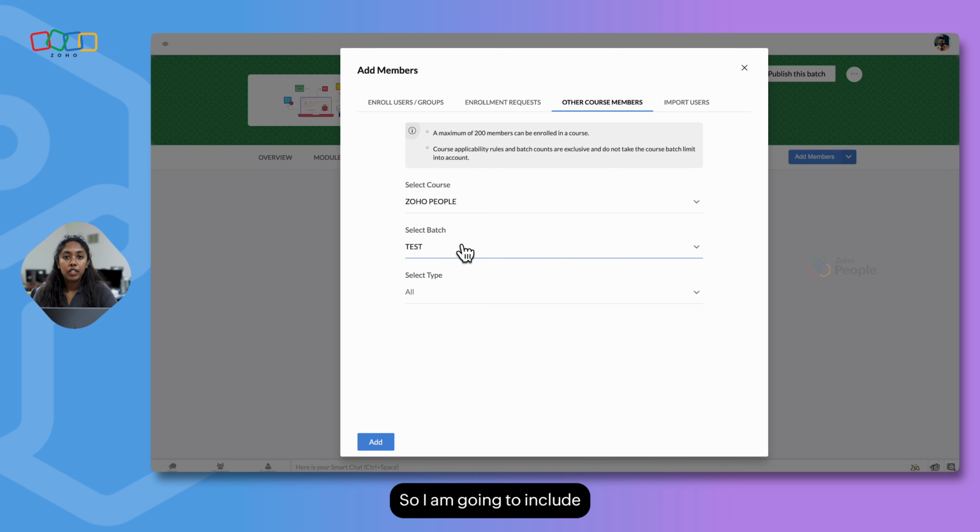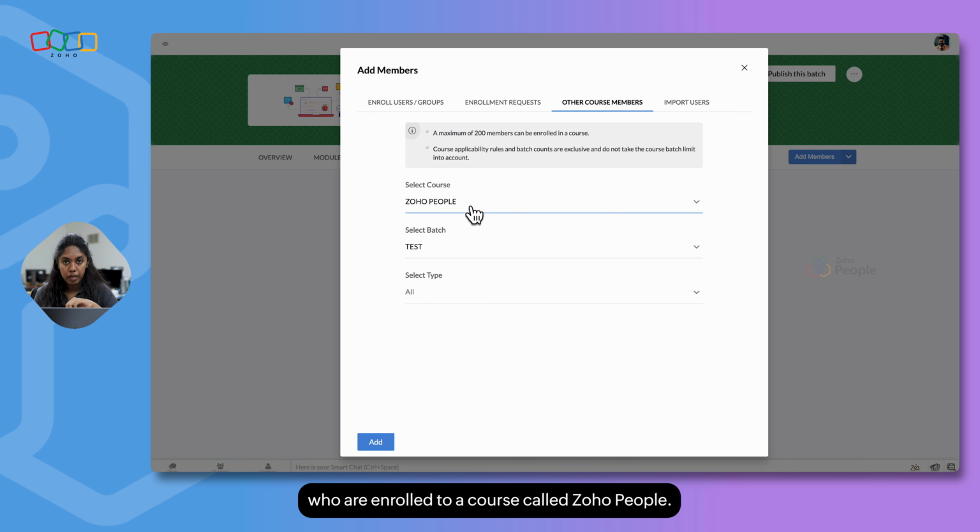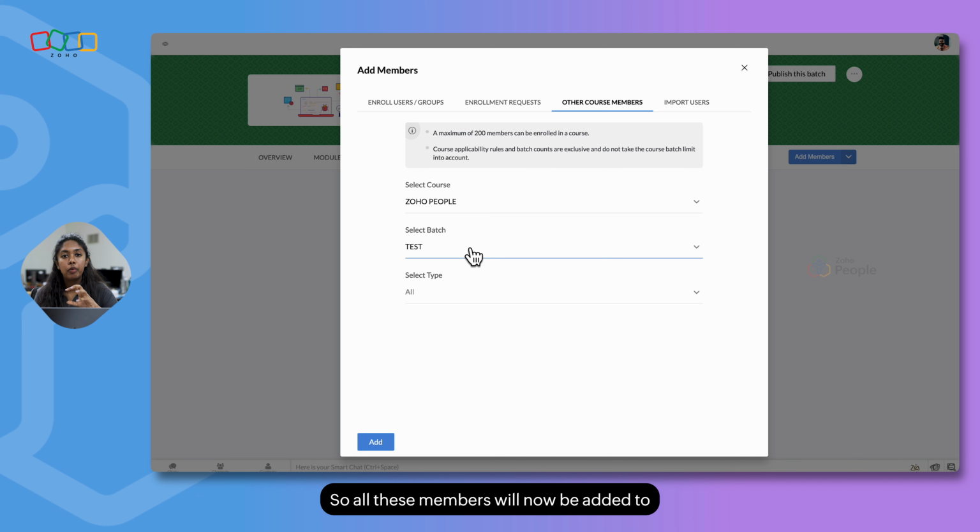So I am going to include all the members who are enrolled to a course called Zoho People and they belong to a batch called Test. So all these members will now be added to this course called Java.